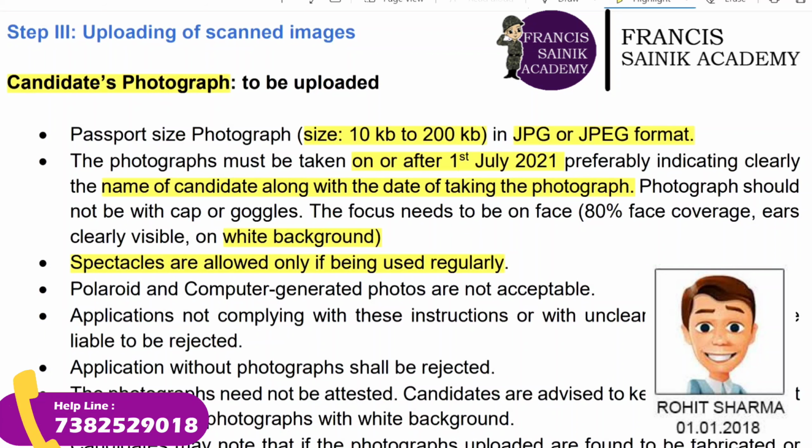Computer generated photos are not accepted. Applications not complying with these instructions, or with unclear photographs, such as a blurred photograph or a colored background, will be rejected. If you do not upload also, the application form will be rejected.